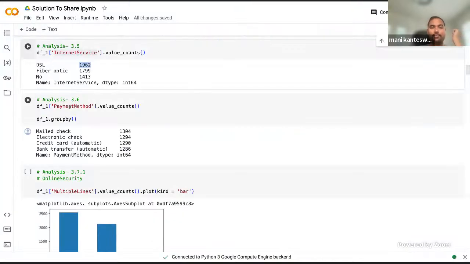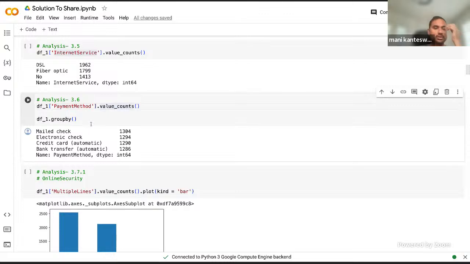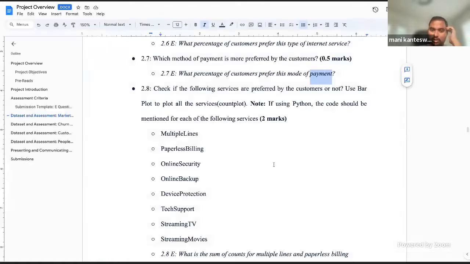The same thing by payment method. Dot value counts, and then you can get mailed check is this much, electronic check is this much, and so on and so forth, right? So the maximum people are doing a mailed check to the utilities company. Okay, so this is sorted. Next,